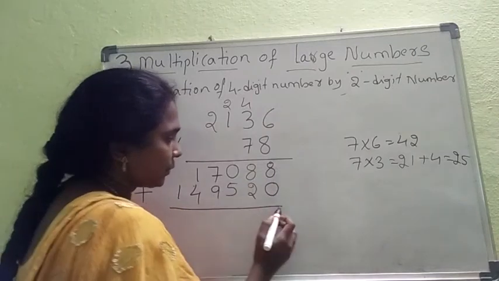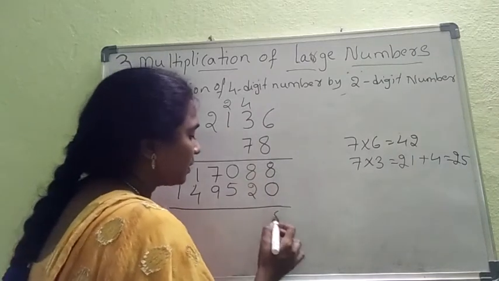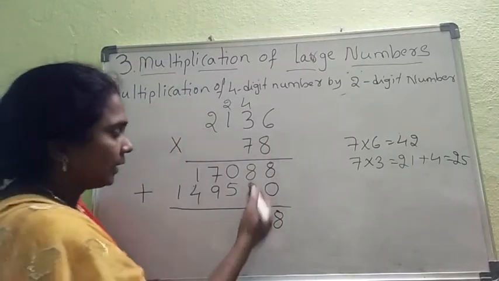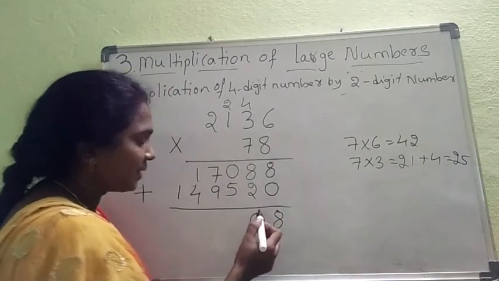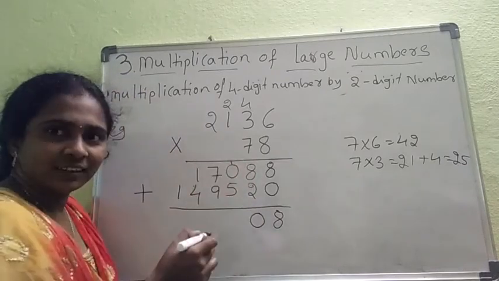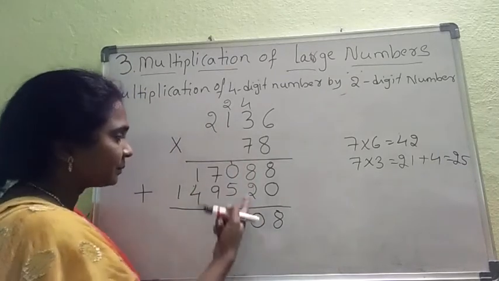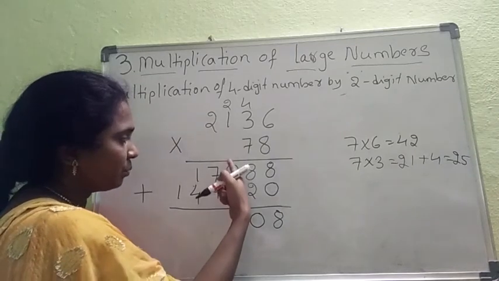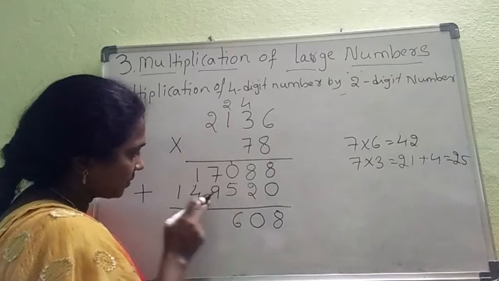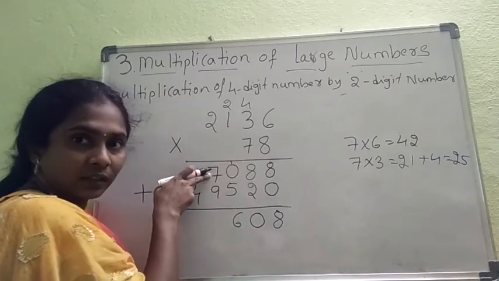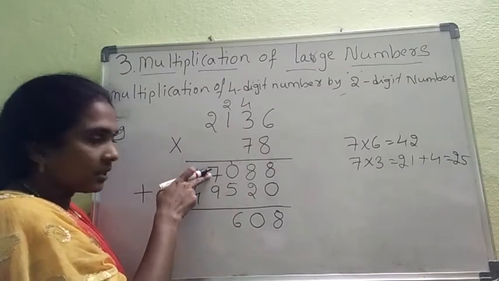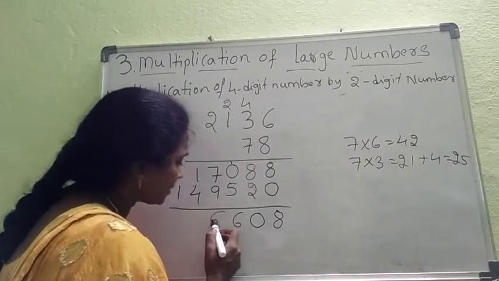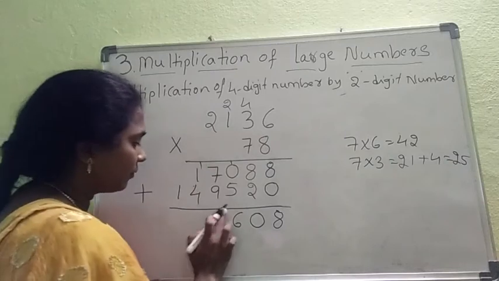8 plus 0. If you add 0 to any number, the number remains the same. That means 0 plus 8 value is 8. 8 plus 2, 10. That means 1 here, 1 carry. Right? 10 means 2-digit number. Next, 5 plus 0 plus 1, 6. 9 plus 7, 16. 16 is a 2-digit number. Right? So, I should write here 6. And 1 as a carry forward, right?